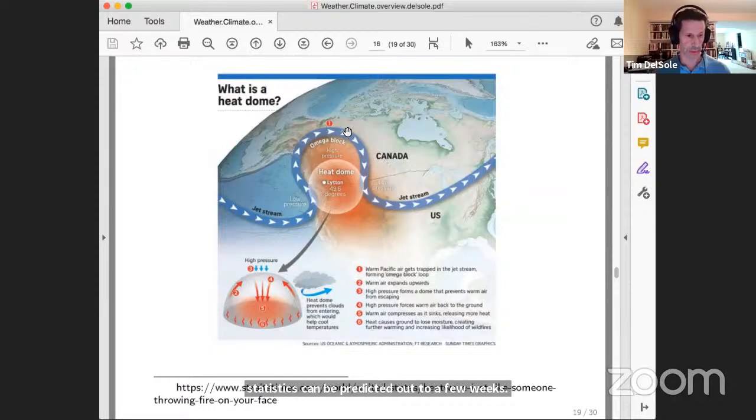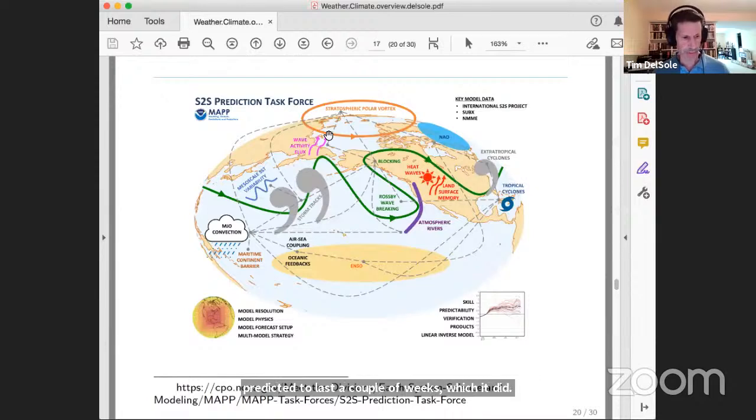This was due to what's called a blocking event or a heat dome. And although the onset of this heat wave was not predicted weeks in advance, once it got started, it was predicted to last a couple of weeks, which it did. Other mechanisms that have been identified to give predictability at weeks 3 and 4 include the land surface memory, in